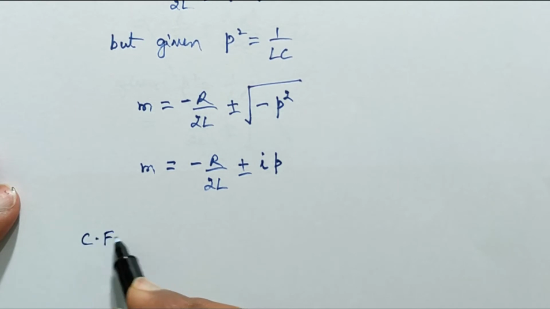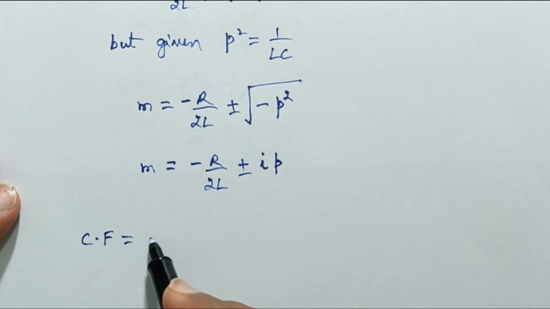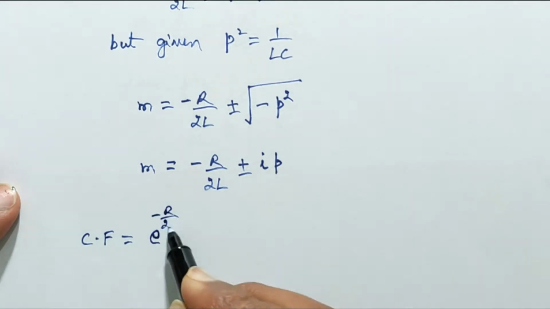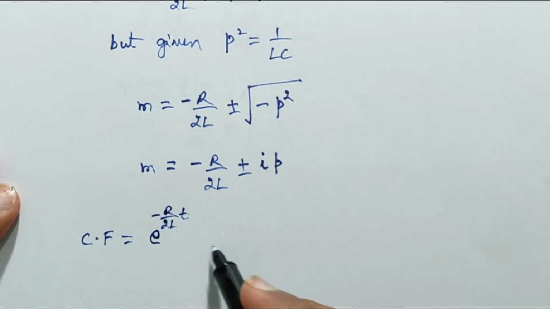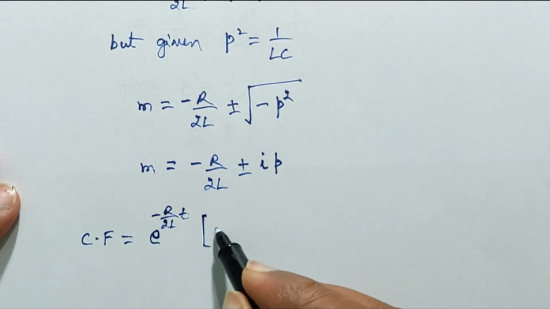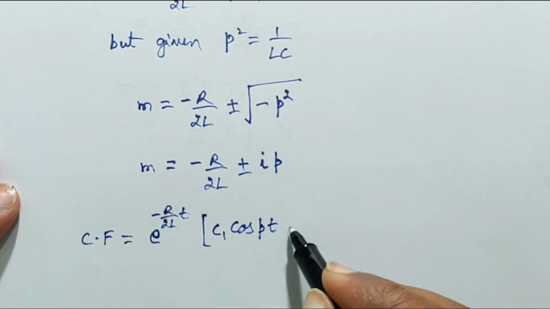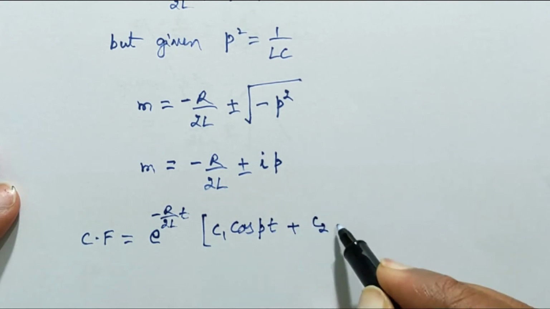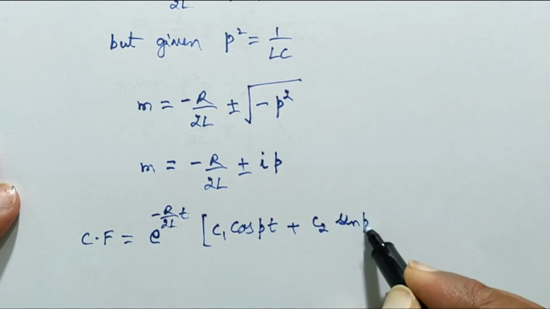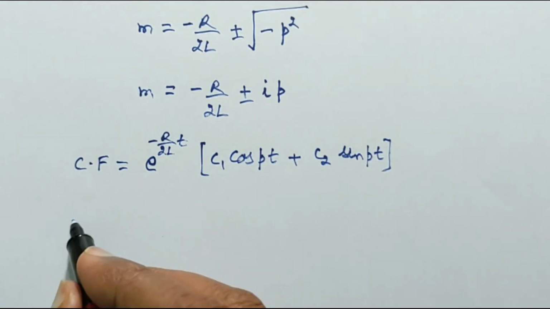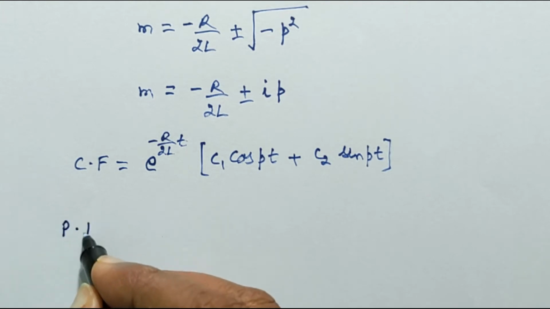So the complementary function will be, since it is a complex root, we'll get e power of minus R by 2L times t into C1 cos of P times t plus C2 sin of P times t. So that's the complementary function. Now let us try to find out the particular integral. So the particular integral will be